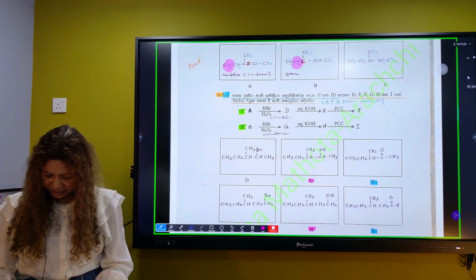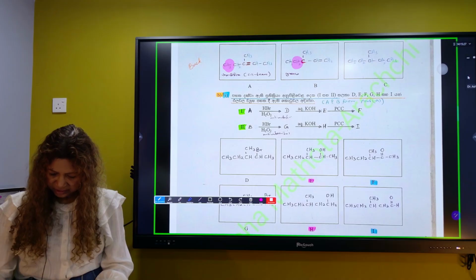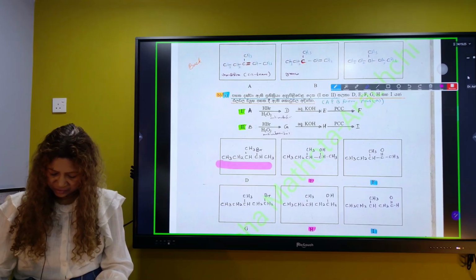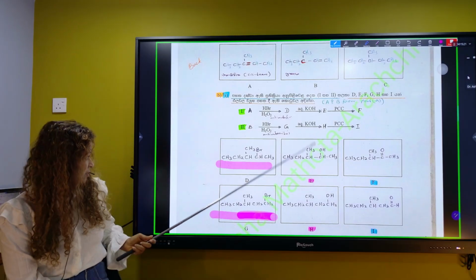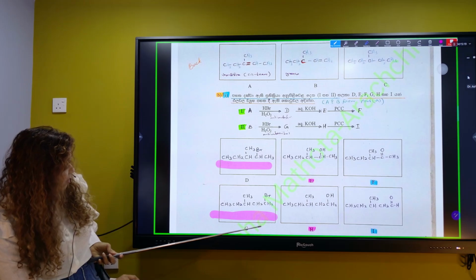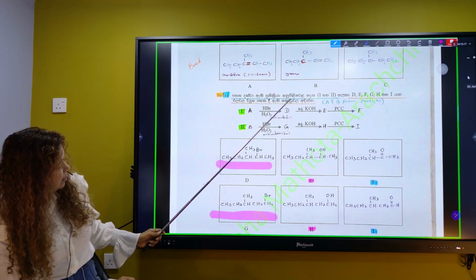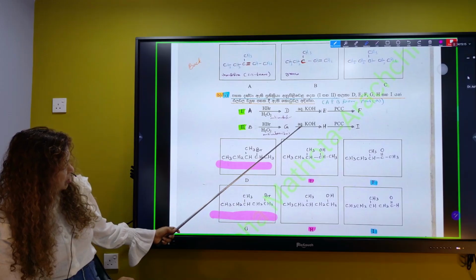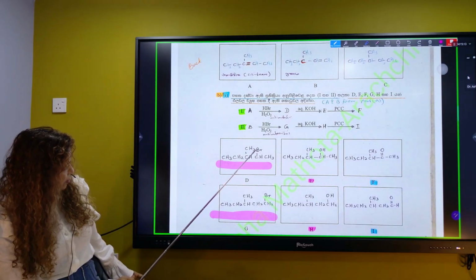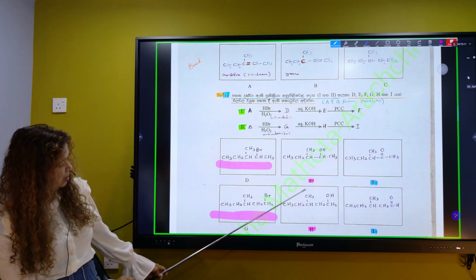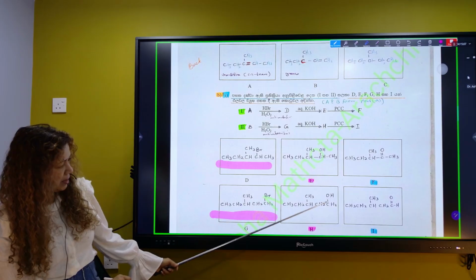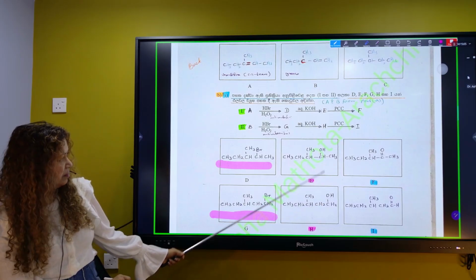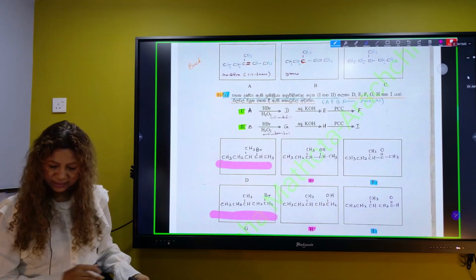So this is D and then this is D. I mean, this is extremely slow today. And this is D and this is G. And then KOH, aqueous KOH, bromine to OH, that's easy. And then PCC, this is giving ketone, but this is giving the aldehyde. Ketone and aldehyde.